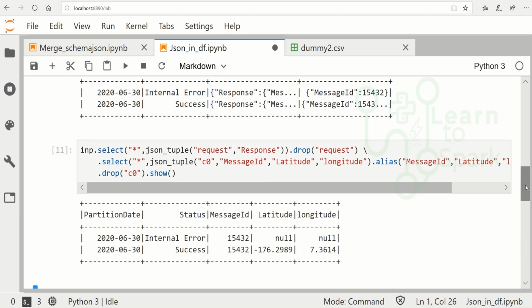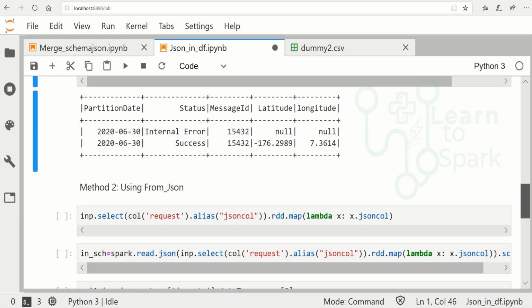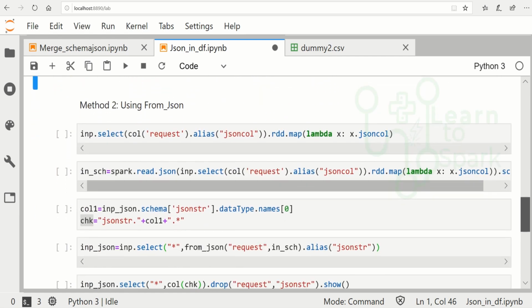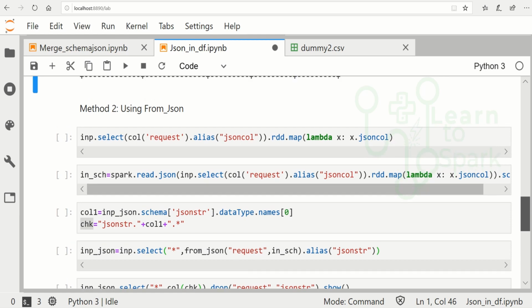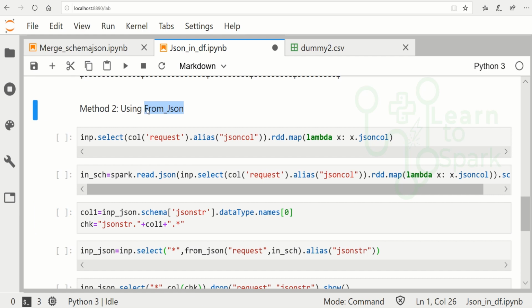Also remember, this method will be used only when we know the column name that we are going to extract. So the next method that we are going to see is from_json. This is the preferable method in which we can iterate through the columns and take the columns automatically. For this from_json we need a schema as well. We will not be able to execute this function without a schema. We need two parameters: one is our string column, and another should be a schema of this JSON column.